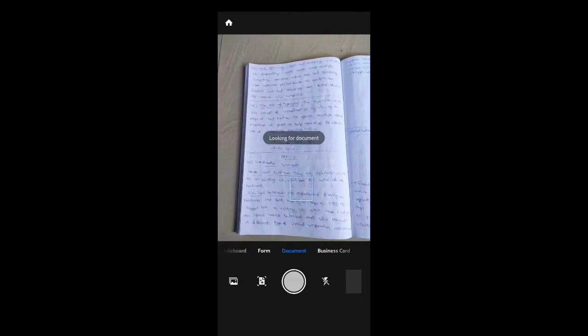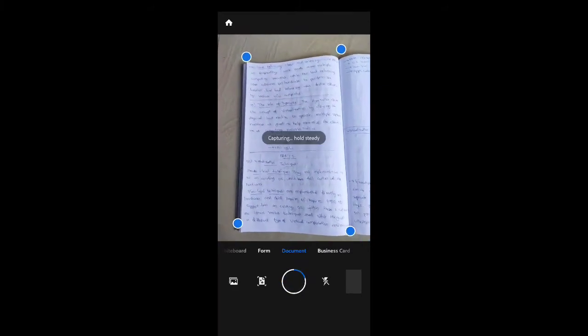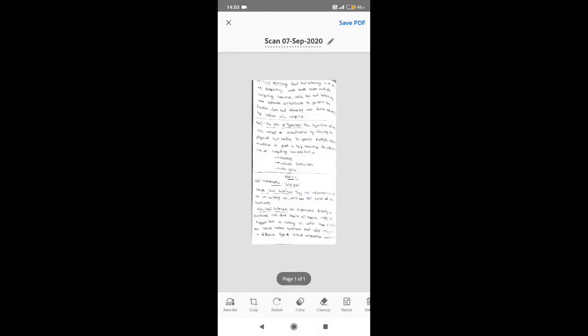So in today's video I am going to scan this page in a PDF format. I have now selected document, and you can find that by using the auto capture, the mobile will automatically detect the page, and you can find this on the screen, and you can adjust the page size, etc. and select that file. You can find numerous options at the bottom